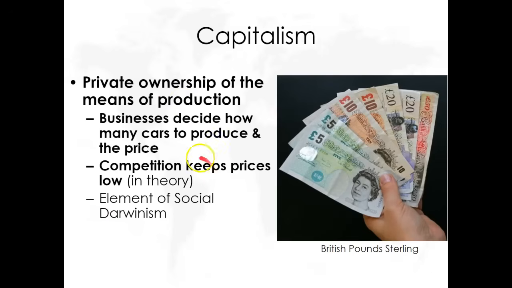And the idea of capitalism is that it regulates itself because you have a lot of people who do the same thing. So you have many people who make cars. When you have a lot of car producers competing with each other for your money, that will naturally lower prices. The problem happens when you only have one company that makes one thing, and then they can charge whatever they want.